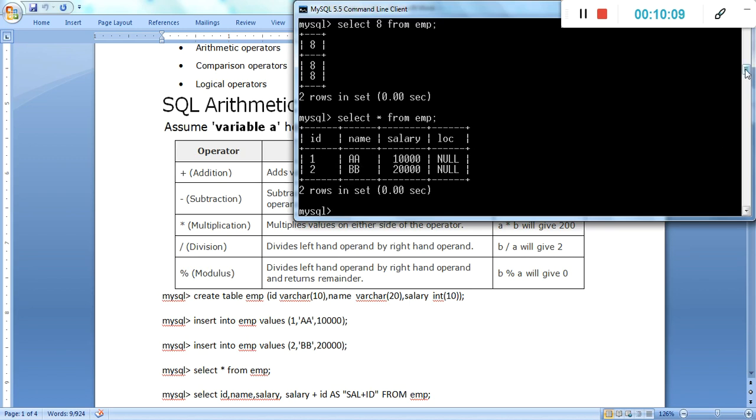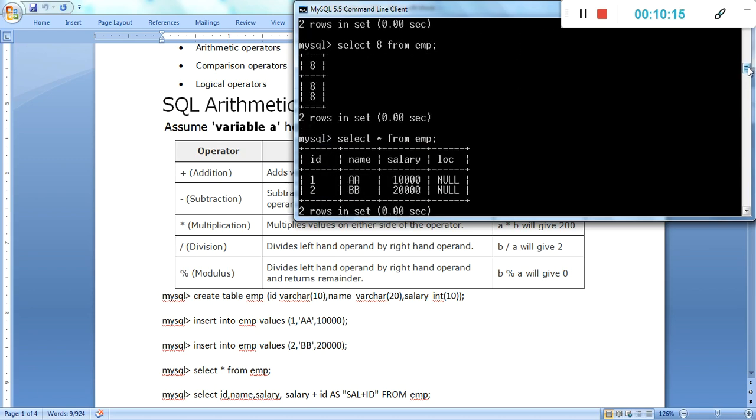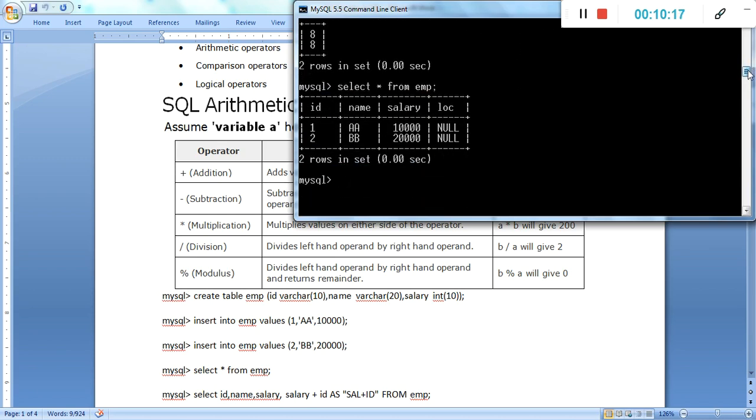That column is temporary and afterwards it is released, and the table maintains only the original columns. That is the explanation of how we use an operator under the queries.